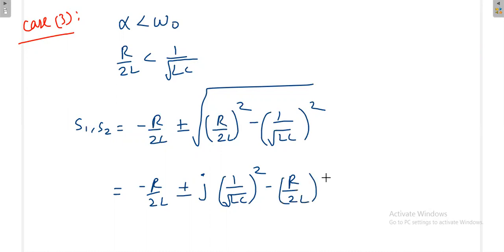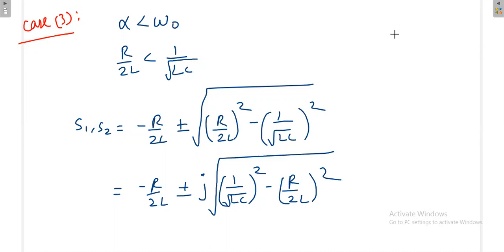I can put it like this. Now the term inside the square root is positive because we took it like that. So we have just modified it. With the help of j, we have overcome that problem. Inside the root, if it is negative, then it is difficult to operate, so I am interchanging this. Because of that, I am taking one j. Now inside the root, I will get positive only.